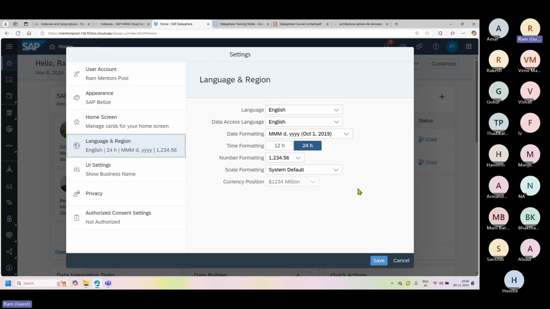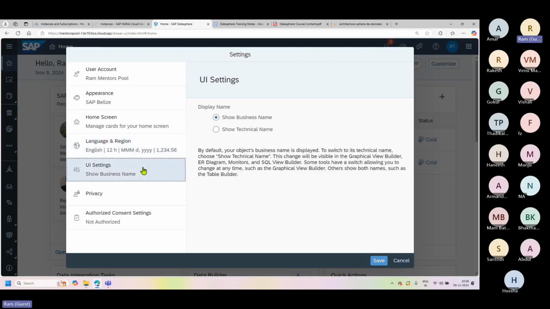For example, maybe your admin has set the 24 hours time format for everyone. And maybe you are not comfortable with reading time in the 24 hours format. Then you can change to 12 hours, which will not affect everyone, which will only take effect for you. And then coming to the UI settings, so wherever there are objects like the views and